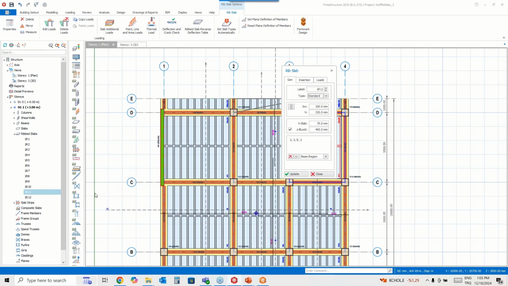So it's possible to model this in ProtoStructure, and I don't think most software can model this kind of scenario. Does the analysis recognize the waffle beam correctly? Yes, yes.